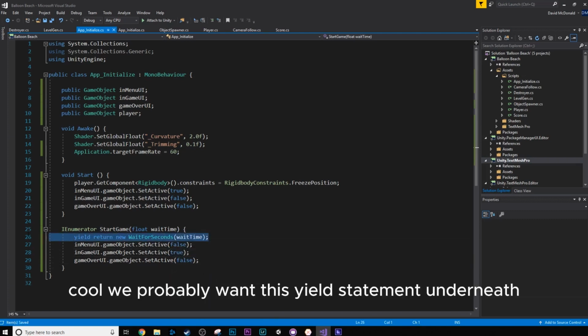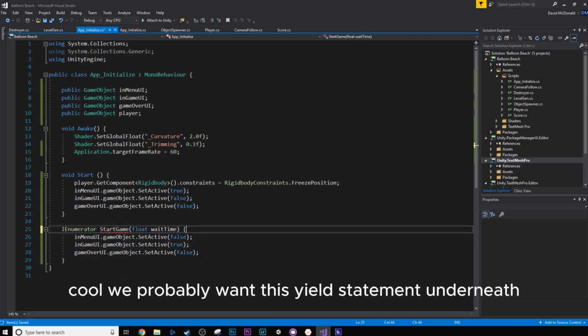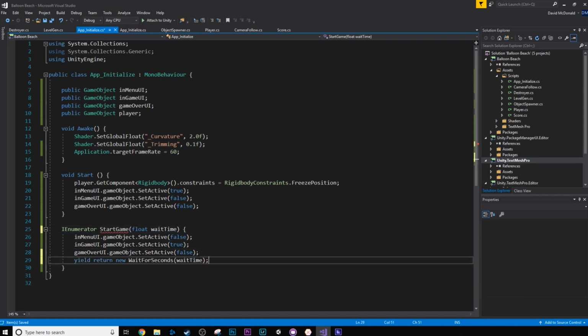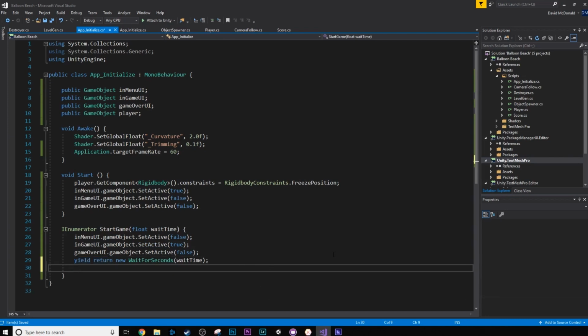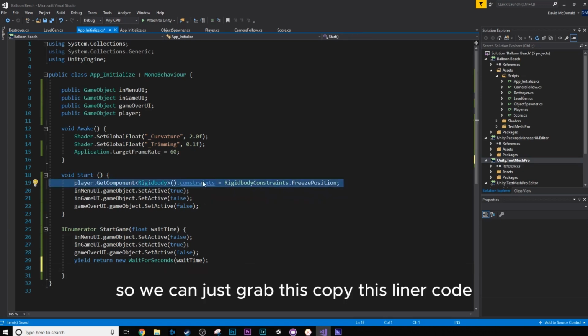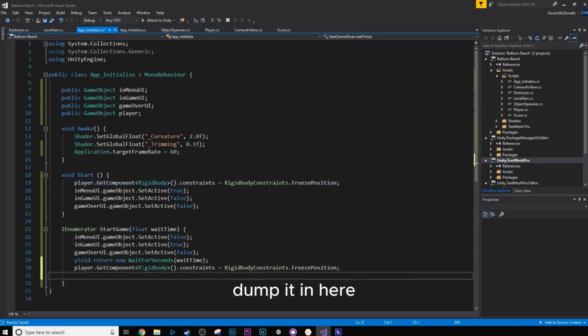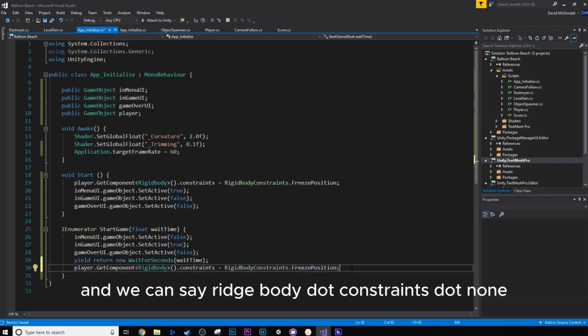Cool. We probably want this yield statement underneath all of these instructions here. And then underneath this yield, we just want to set the player's motion back to whatever it originally was. So we can just grab this, copy this line of code, dump it in here. And we can say